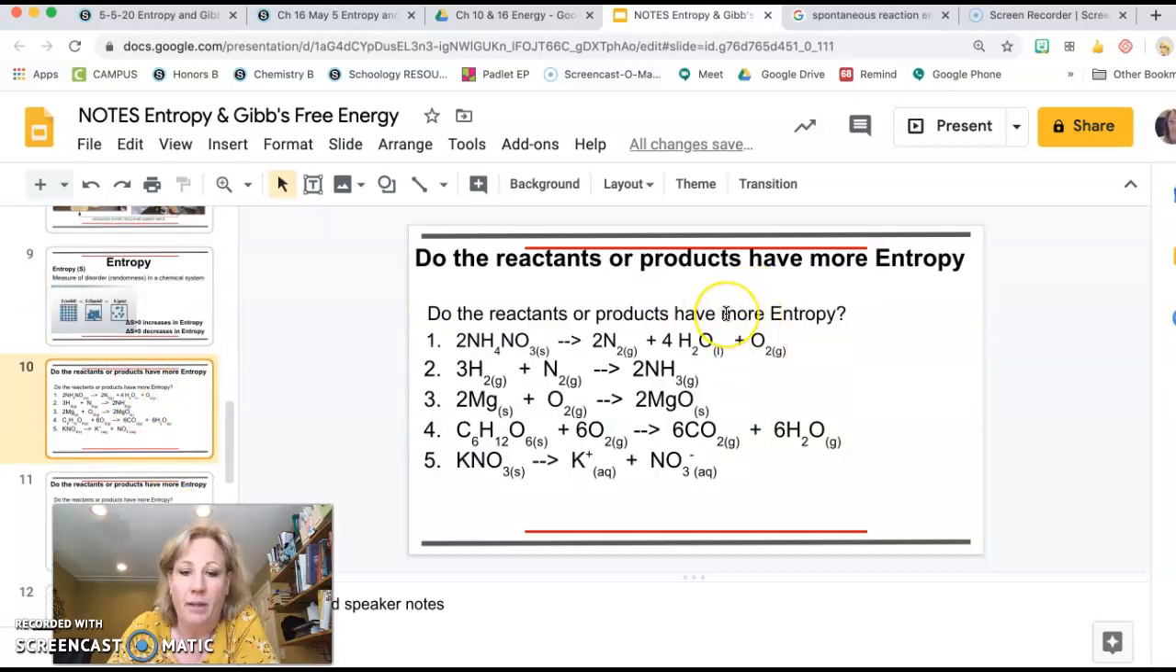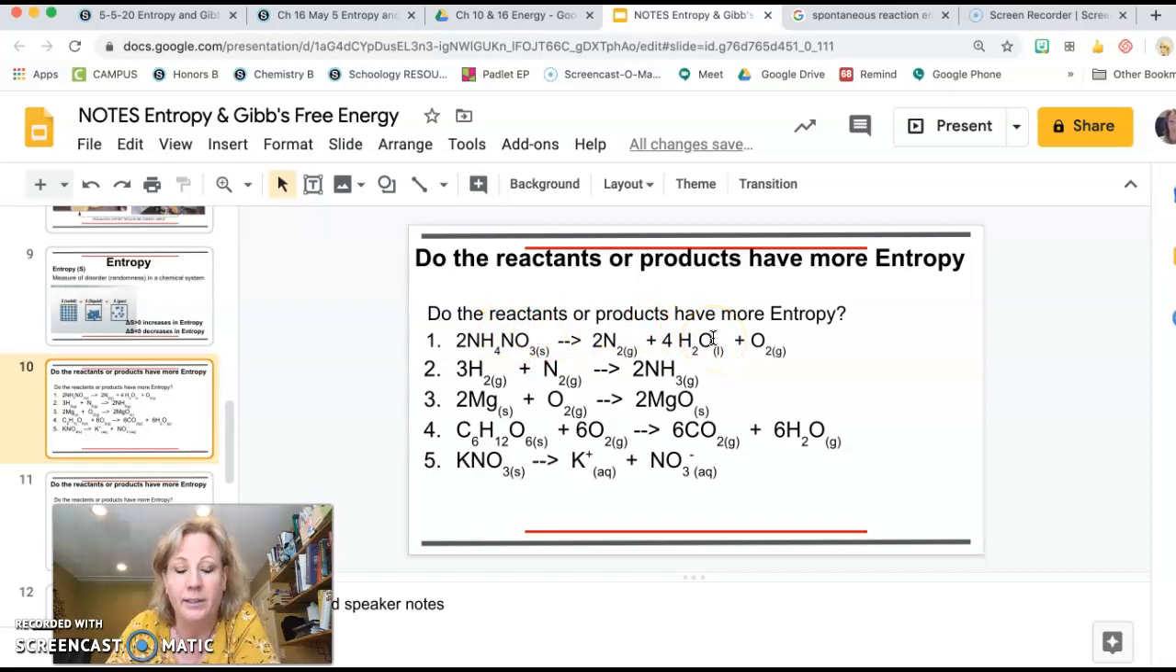We can look at entropy in reactions too. So if you look at these 5 reactions, we can decide as the reaction progresses left to right, is entropy increasing or decreasing? And you can also think of it, do the reactants have more entropy or do the products have more entropy? So if I look at this first reaction, we can look at the coefficients too. I wouldn't even need to this time though, because I have a solid on the reactant side, and over here I have gases and liquids. So the entropy is increasing as this reaction